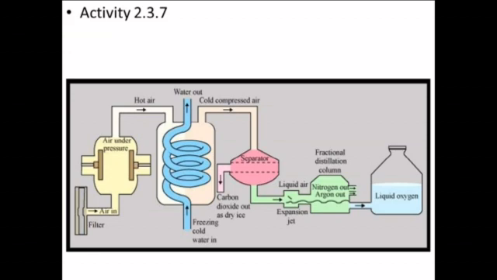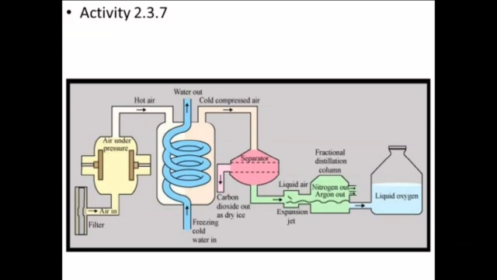Oxygen in the air is 20.9%, whereas its boiling point is minus 183 degrees Celsius. Argon's quantity is 0.9%, and its boiling point is minus 186 degrees Celsius. Nitrogen is 78.1 percent, and its boiling point is minus 196 degrees Celsius. The components will separate out according to their boiling points. Nitrogen with the lowest boiling point will separate out first, then argon, and last oxygen.